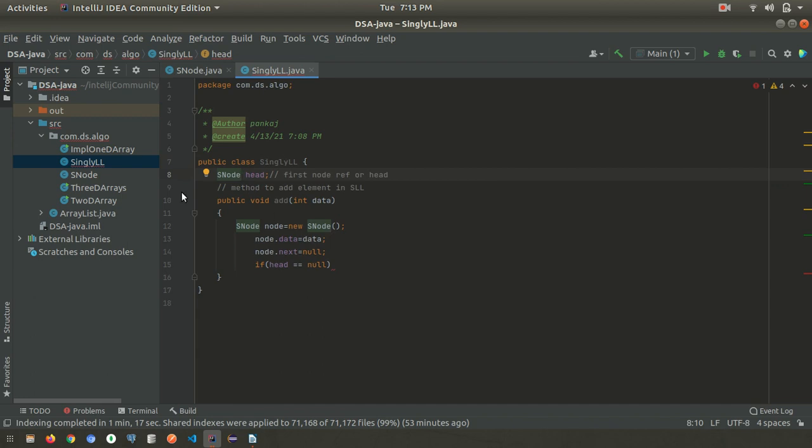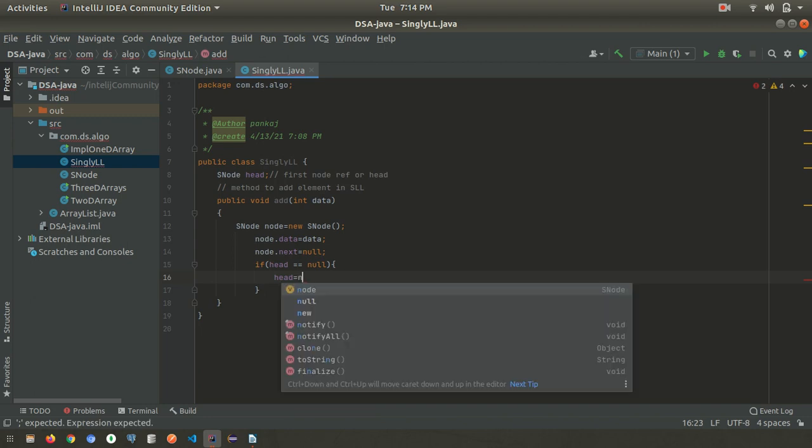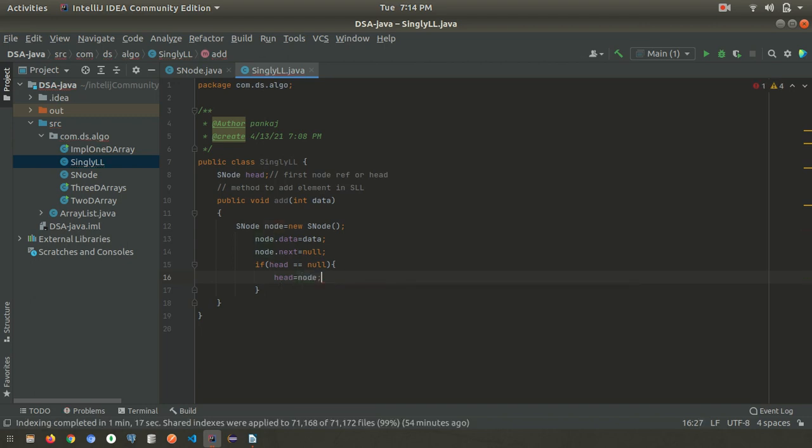The thing is head is not pointing anywhere, so it's null. So this is the first time we are creating the node. So we need to store this newly created node to the head, because this is the first element we are going to store. So this created node will point to head.